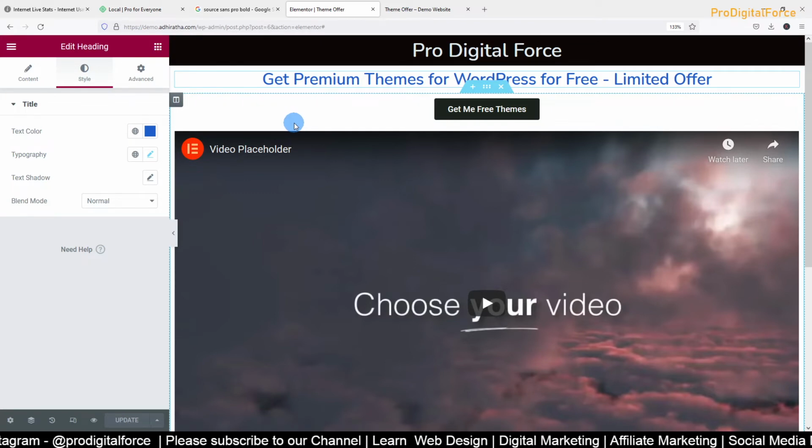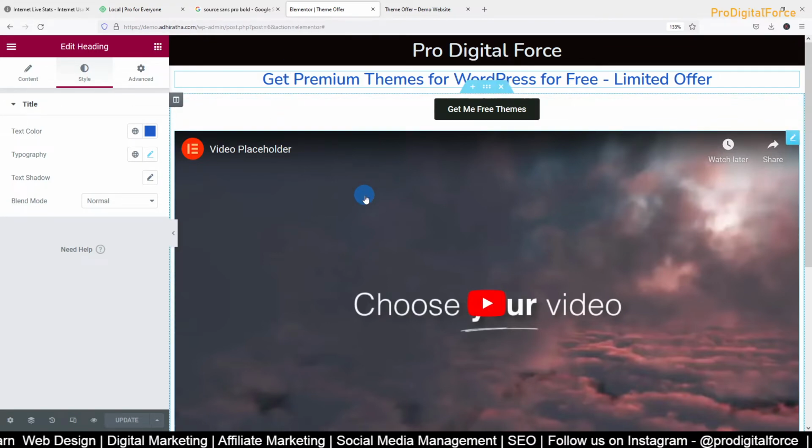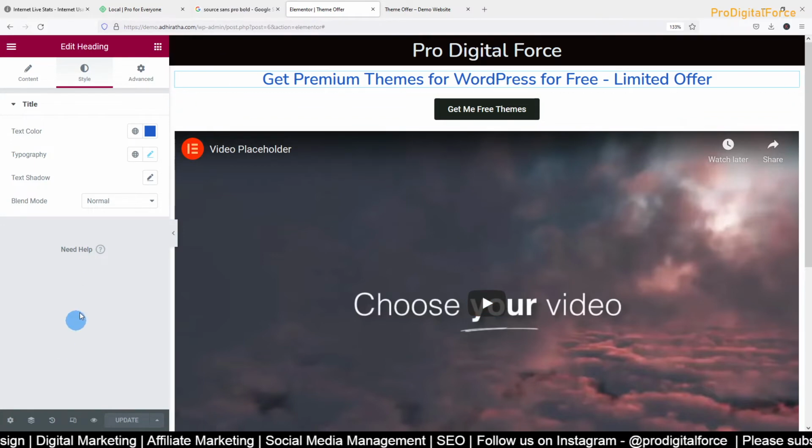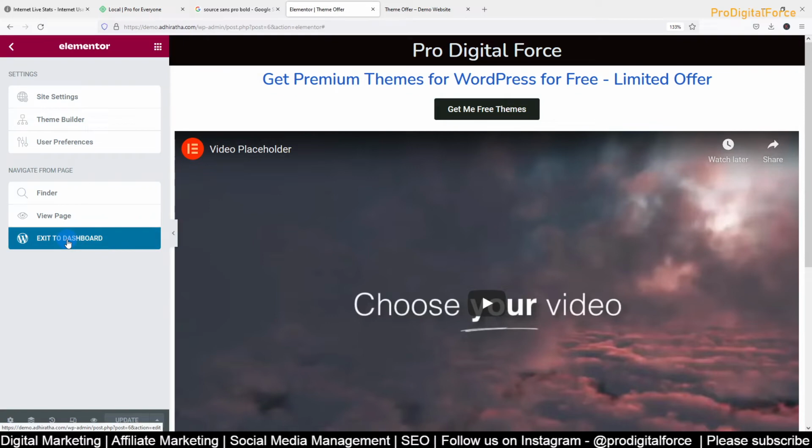Now let us get to the third section where you thank them, saying thank you for availing this free theme, or premium theme, getting it for free. This is a special offer we have for you today, where you get a 50% discount on the hosting. That's what you have to present. Now you can sit there and create the same similar page again, or else there is an option called, let me come back to the dashboard.